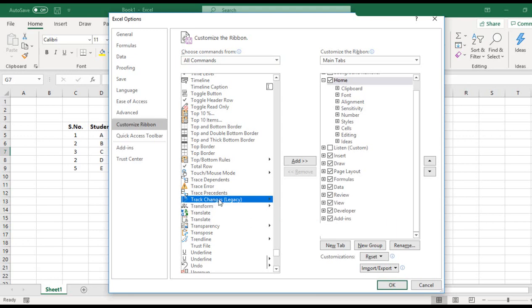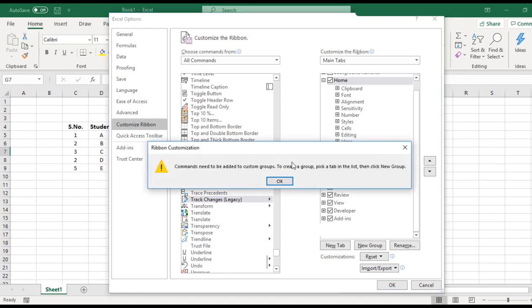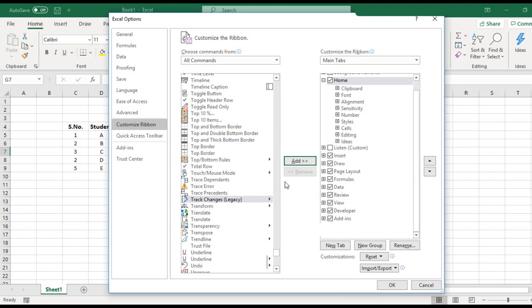If we directly try to add this, it will ask us to make a custom group. Okay, so the first step that we'll do is we'll create a new tab for it. So click on the new tab button, and this new tab comes with a new group.